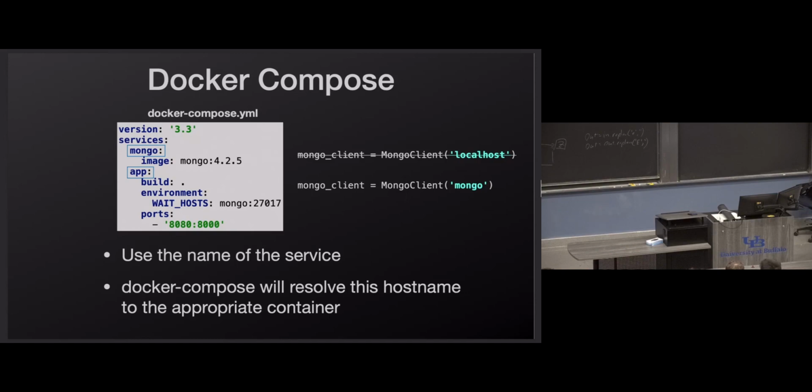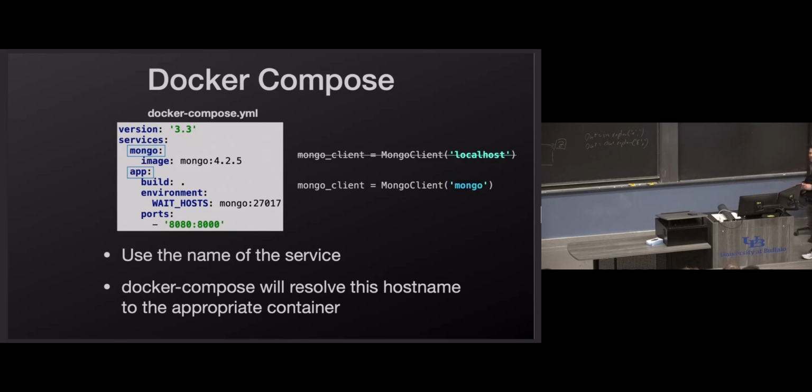So when we're connecting to our MongoDB database, our database server, we're not connecting with localhost like we did earlier in the slides and like most of the documentation and examples out there say. We want to change that to the host name of our database service, which is whatever we call it in the Docker Compose file.